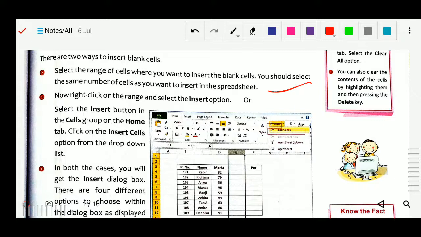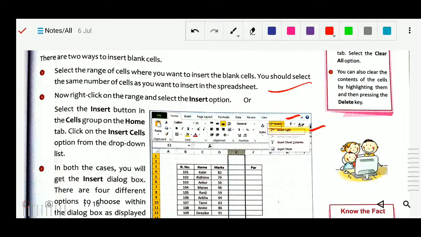Click on the Insert Cells drop-down list, and here is the option Insert Cells. By using this you can insert your cell, and then press Enter.